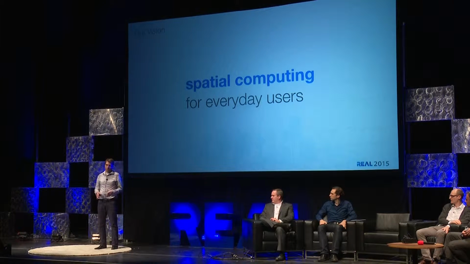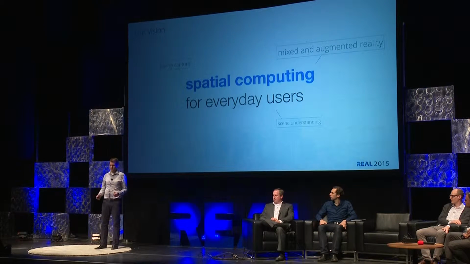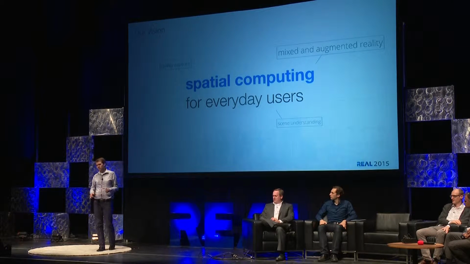We're excited about what we call spatial computing. There are many terms for this, but we see it as the combination of things like reality capture, which we're talking about a lot here at this conference, as well as things like mixed and augmented reality, which is more like how we're going to consume the ability to do reality capture, and then maybe things like scene understanding and semantic understanding of the world, ultimately powering future computing interfaces. It's really where we're going, I think, ultimately: a new interface for computing. But that's a little ways down the road, so where are we today?